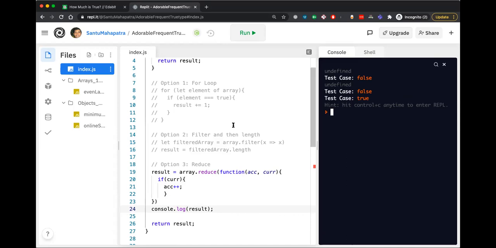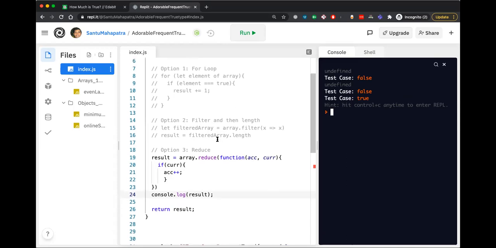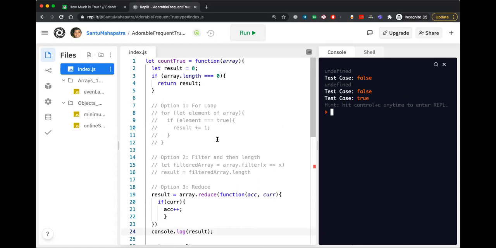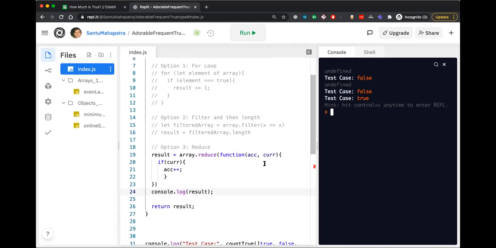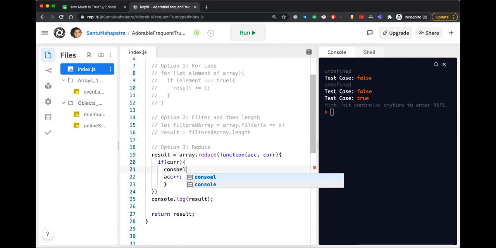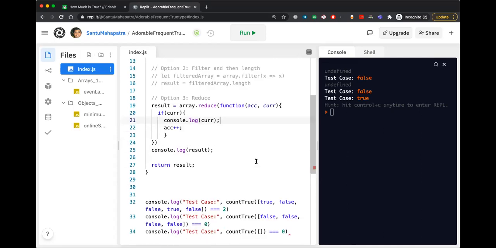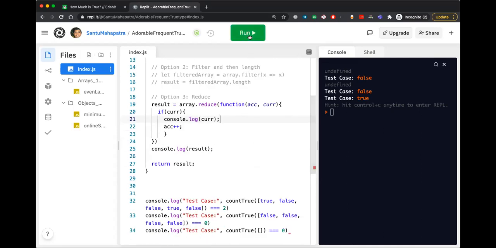Undefined, undefined, true. So I'm trying to debug this.